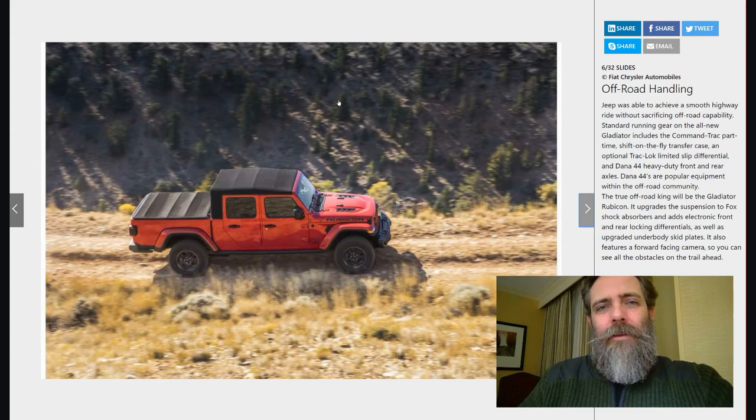Again, it just looks like an elongated four-door standard Wrangler that they had. They just kind of slapped this little tiny bed on the back, and not super impressed. And I'm not sure this is the truck that you would take off-roading, especially if you're into mudding or that sort of thing. We'll see what the aftermarket holds, but right now, it's going to be tough to get some off-road